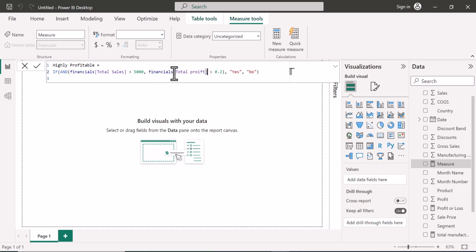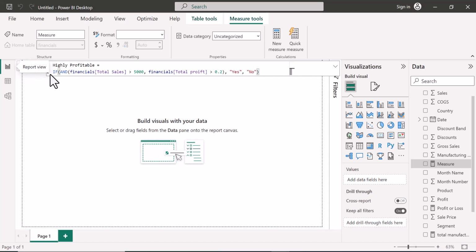Now, for AND gates, these two conditions must be true before it will tell you yes. As long as one is false, then you cannot have yes, it will be no. Okay. However, when we use the OR gate as well, when we get there, we'll explain. So with these, once any of the product meets this criteria, it means it is highly profitable. So we are going to